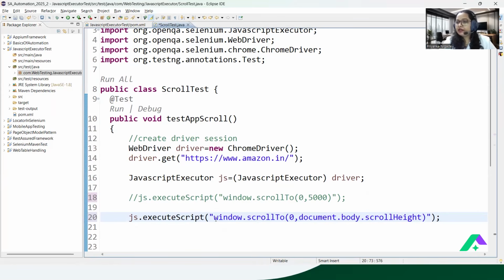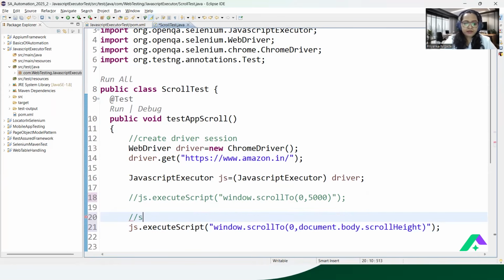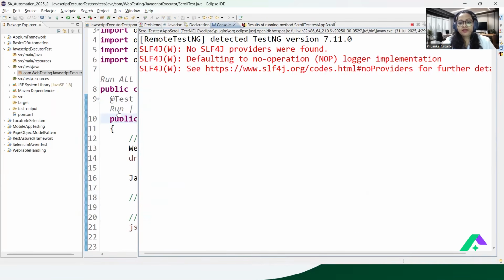So up to the page height, it will just scroll. So this is what scroll down functionality is. Technically what we are doing is just performing scroll down. And let me show you. If I execute the same application again, see how exactly it is executing.